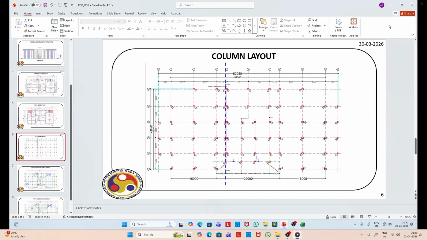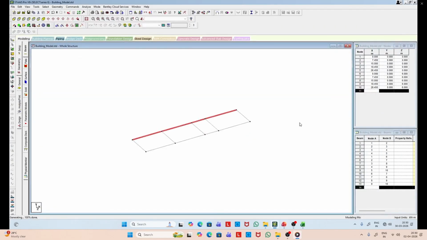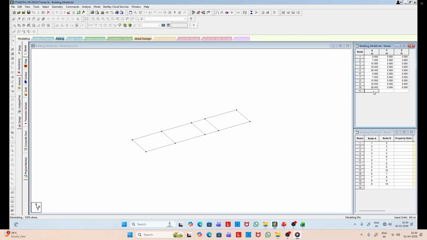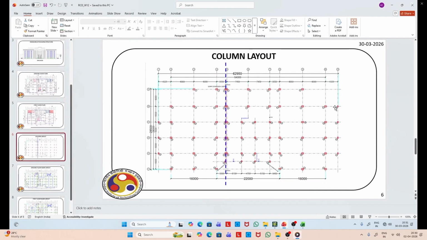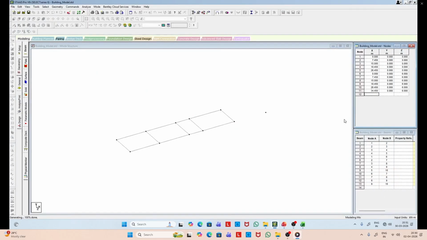Now at this level we have an offset, so that point can be created based on the dimension from the drawing. So you can see there, these are the 2 points.